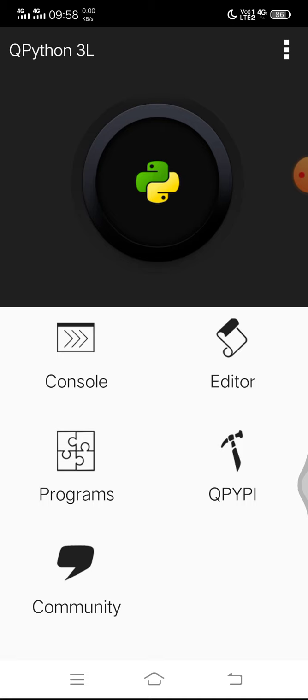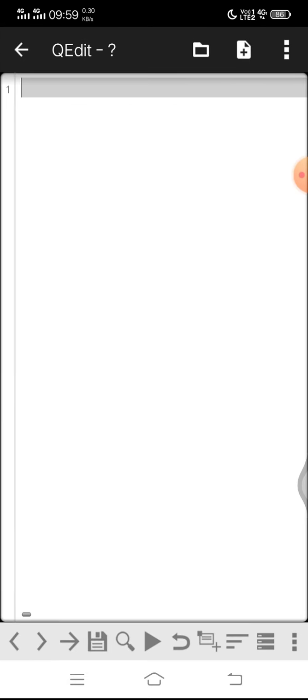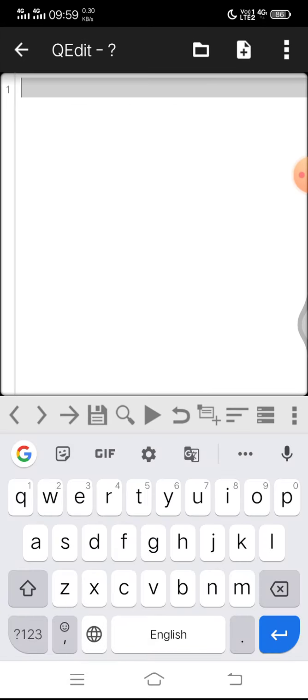In today's lecture, I will let you know how you can enter data at runtime in Python. If you want to give a value to a variable at runtime, how is it possible in Python? I will explain in detail. For that purpose, I am going to create a file and write my code in this file.